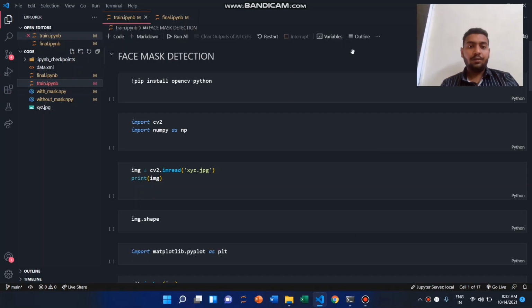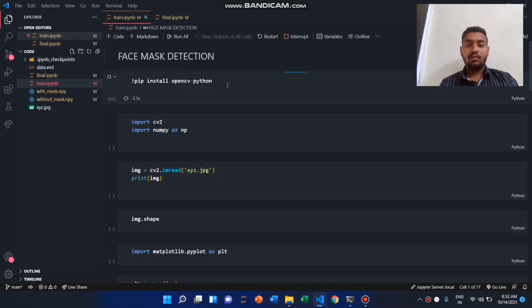My name is Palak and today I am explaining my project, face mask detection using machine learning and OpenCV. As you know, for face mask detection we use OpenCV. OpenCV is an open source library which is used for image processing and computer vision. For this project, first of all we install the OpenCV library in this project module.